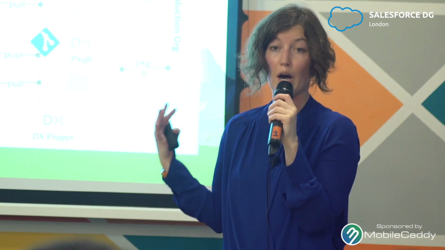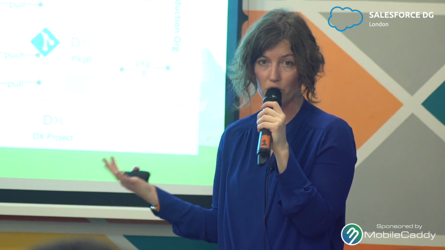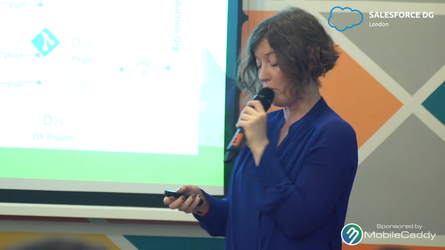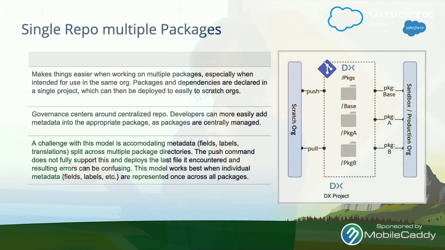So if you have a very complex Salesforce project.json and you're pushing and pulling from a mono repo org, you might find that that's slow. So realistically, I think if you're going to adopt the mono repo approach, you're probably going to have to come up with different project JSON markups for different project units so that you're only paying attention to certain package directories as your developers are actually working,